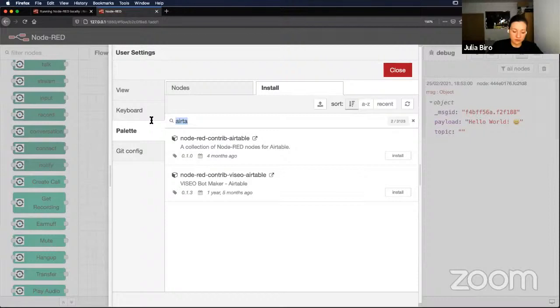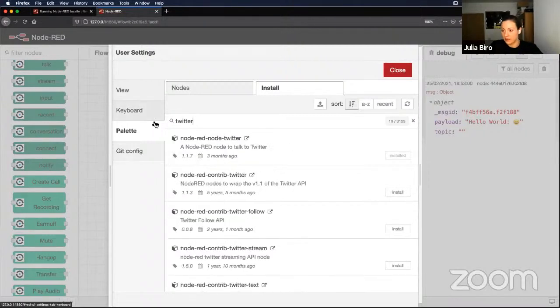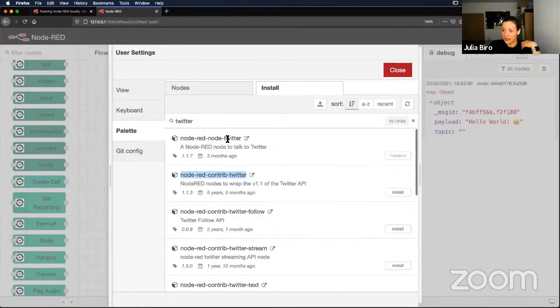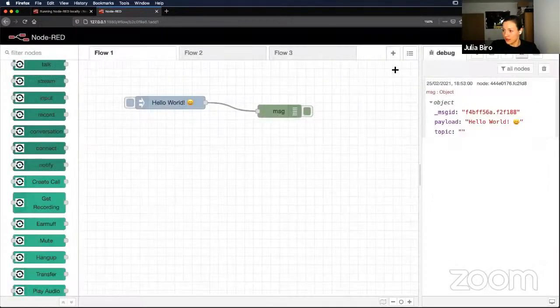For example, if we look at Twitter, because the Twitter nodes used to be part of the default build, well, not build, default instance. So node-red-node-twitter, this is no, node-red-contrib-twitter. That is a contribution, and normally the one without the contrib should be the one that used to be the default node. Okay,